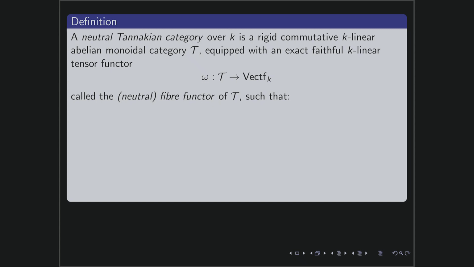So we have to unwrap what everything means. So rigid, first of all, I need monoidal. The name comes from a monoid, if anyone is familiar with what a monoid is. A monoid is just a group with the property that I don't require group elements to be invertible. So a monoid is